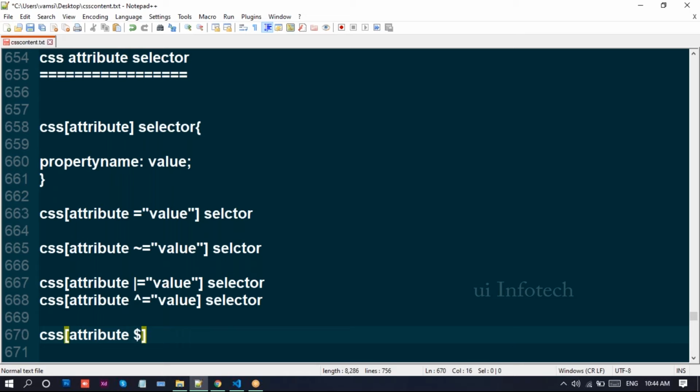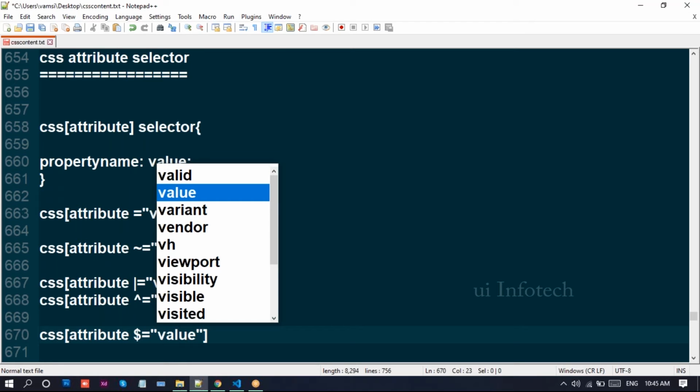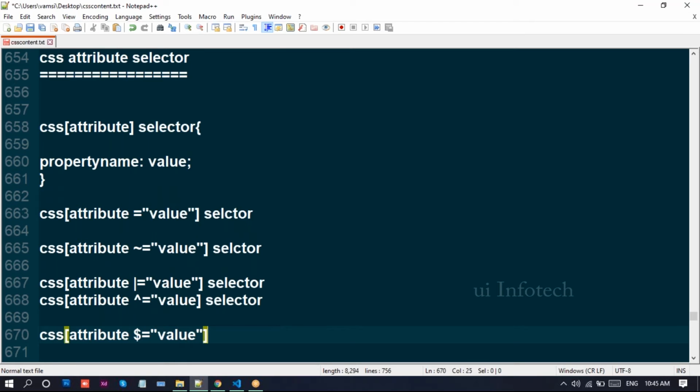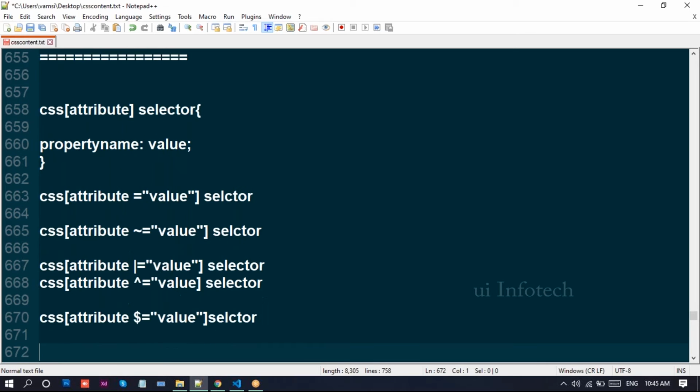And next we have the CSS attribute dollar selector, dollar equal to value selector.